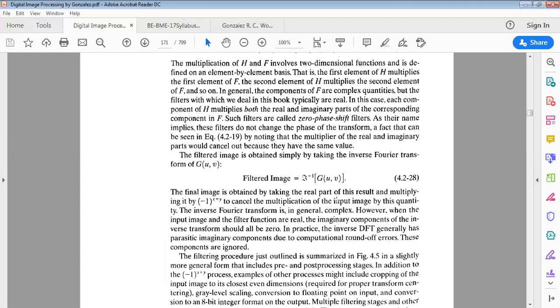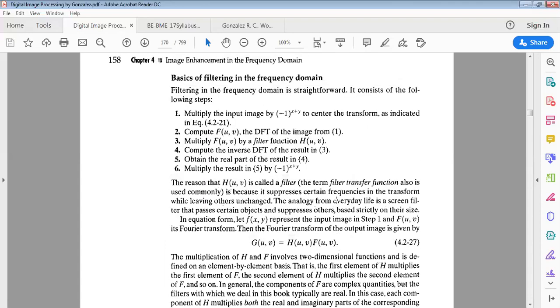Okay, we can just see the explanation. First, multiply the input image by minus 1 raised to x plus y to center the transform. Then compute F of u,v, the DFT of the image, from 1. Multiply F of u,v, the Fourier transform, by the filter function H of u,v. Compute the inverse DFT of the result in 3, obtain the real part in 4, multiply the result by minus 1 raised to x plus y. And here H of u,v is called